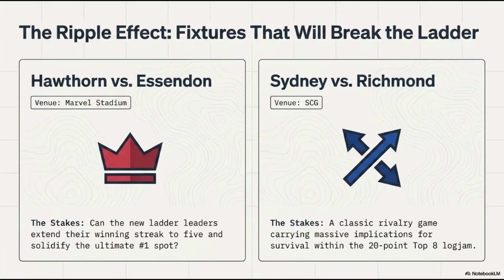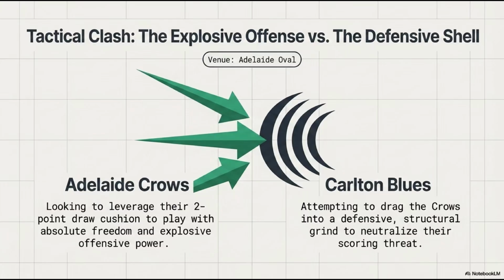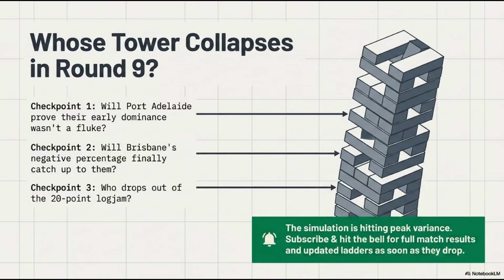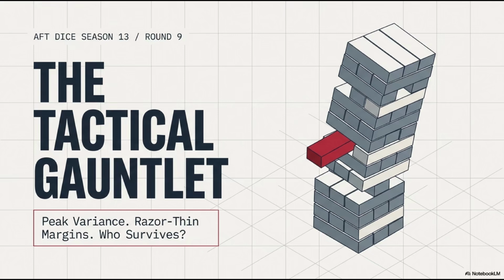You completely bypass the standard tiebreaker. Right. If Hawthorn, Port Adelaide, or Brisbane drop a game, they stay static at 24 points, and the pack catches them based on percentage. But if Adelaide drops a game, that 2-point cushion ensures they don't fall into those identical mathematical tiebreakers. Oh, wow. It protects them from percentage-based eliminations in tight logjams.